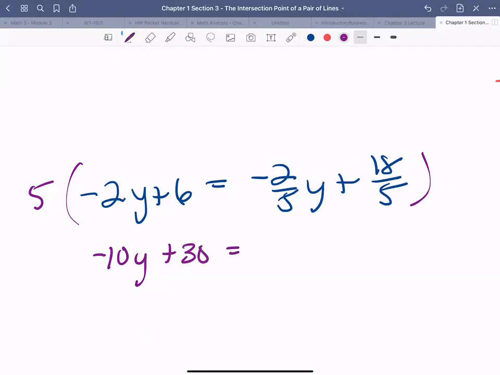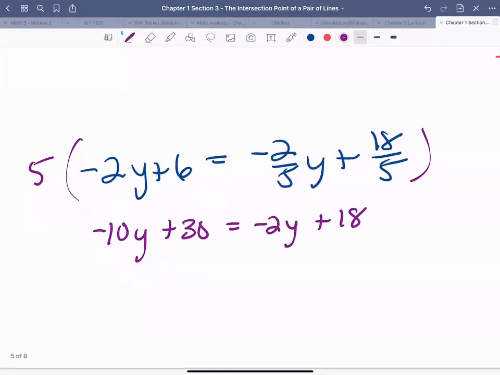equal to. Now the denominators cancel out in the negative 2/5. The 5's divide out, so I get negative 2y. Same thing here, the denominator divides out, so I'm left with just 18. Now I have no fractions, and I just solve. So I'm going to add 2y over. I'm going to subtract the 30. And I'm left with